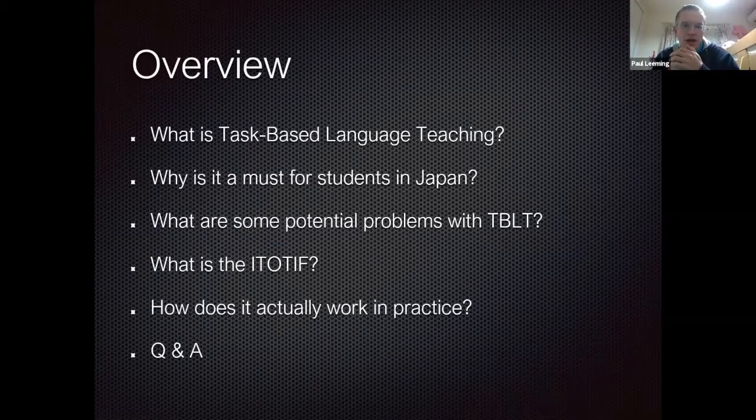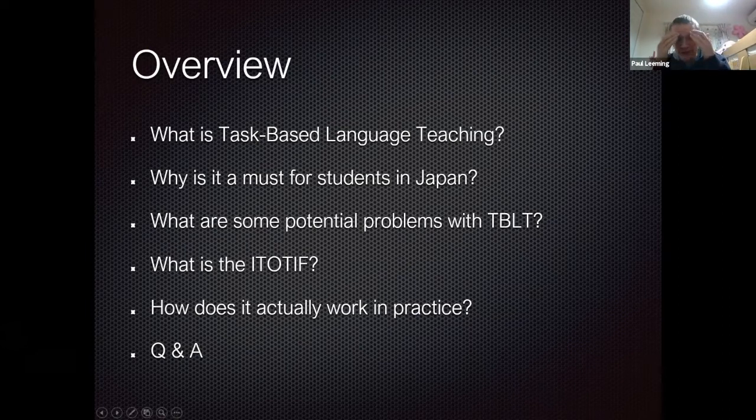As Trevor said in the introduction, myself and Justin have been involved in task-based language teaching for a long time, and have done a number of presentations talking about task-based learning. There's always going to be people in an audience who are experts, people who've read or know as much or more than we do. And there's also going to be people who've just come along because they've heard of task-based language teaching and they're kind of, what's that all about? They're interested in it. So we're going to try to cover something for everyone.